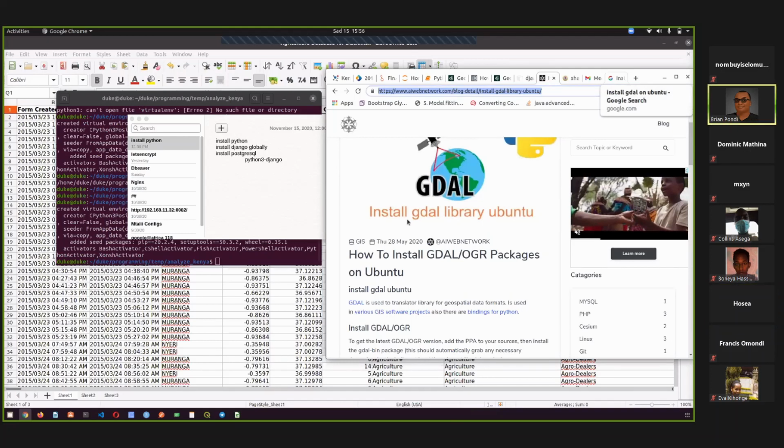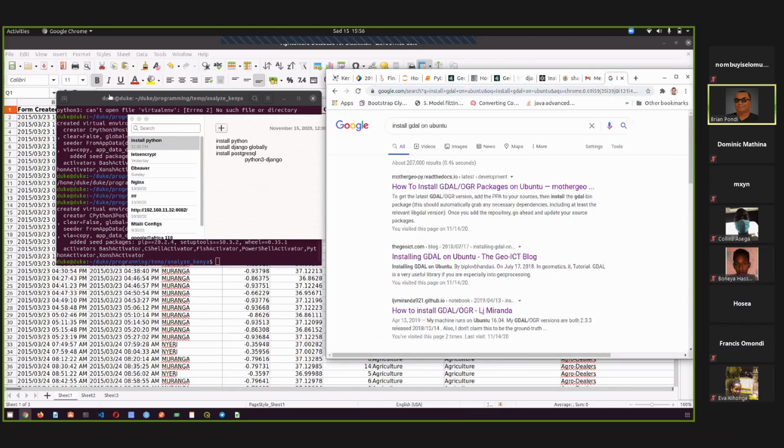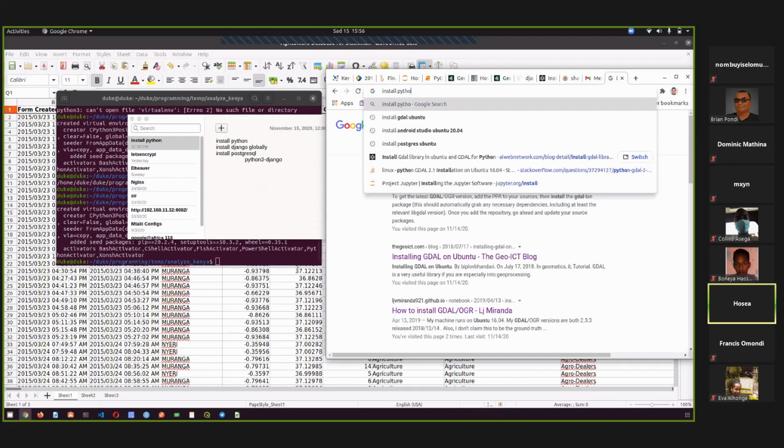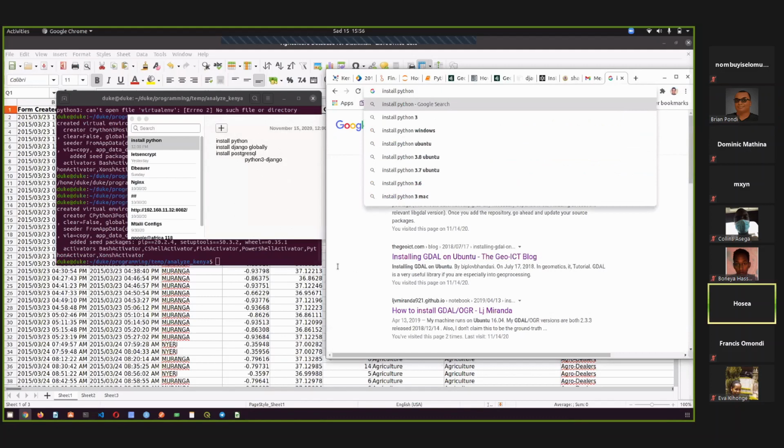The first thing: let me close everything I have here. Assume we are making an app called Analyze Kenya, which helps people keep track of visits coming into a town.